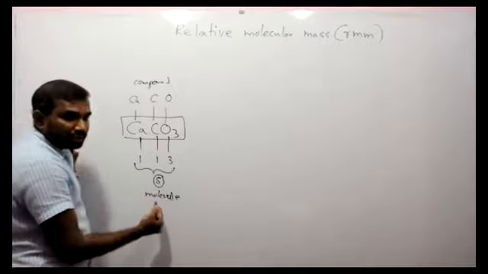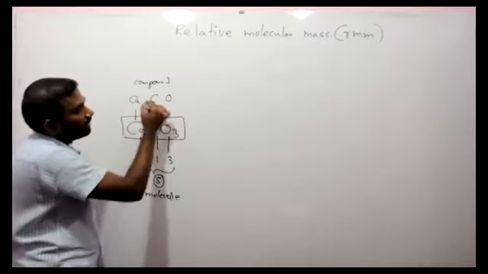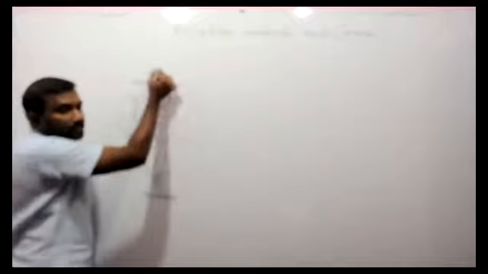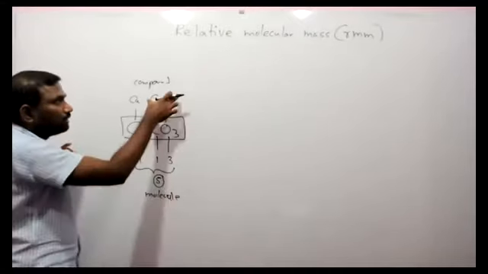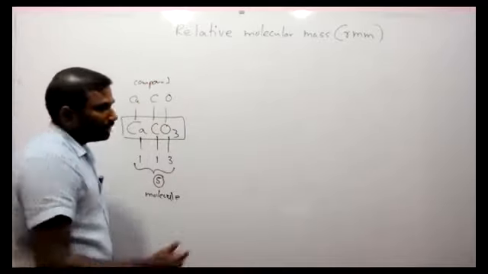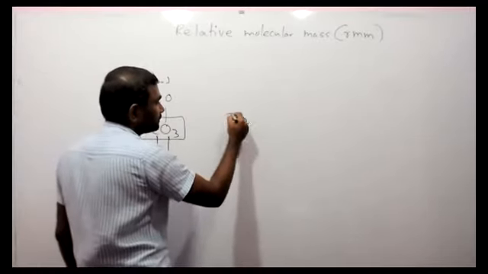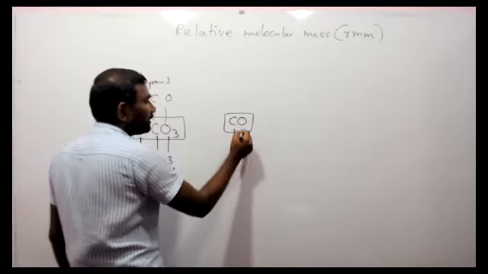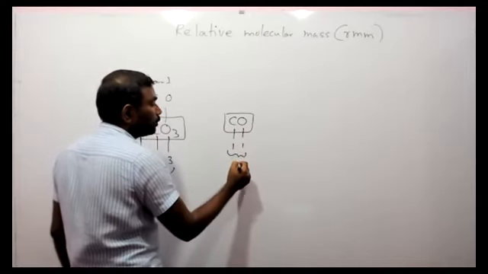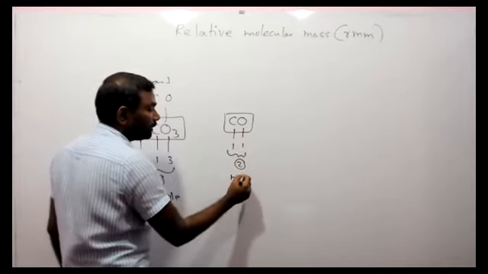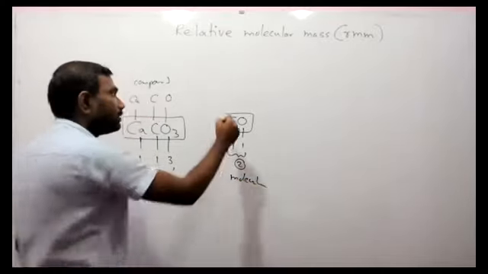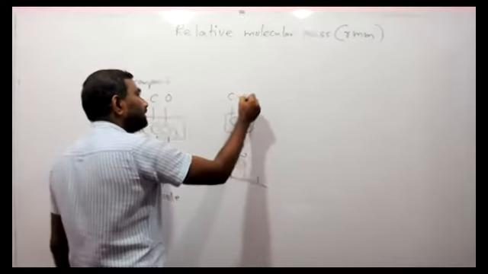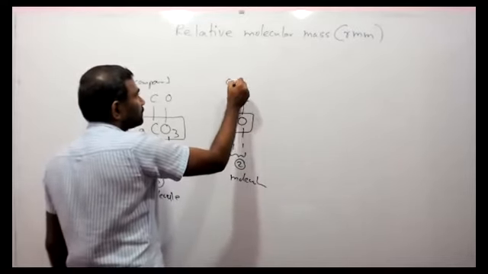From the chemical combination of two or more atoms, a molecule. From the chemical combination of two or more elements, a compound. So here you can see 5 atoms, molecule; 3 elements, compound. I will take carbon monoxide: 1 carbon atom, 1 oxygen atom. Altogether 2 atoms, therefore it's a molecule. Here you have one carbon element and one oxygen element, therefore this is a compound.